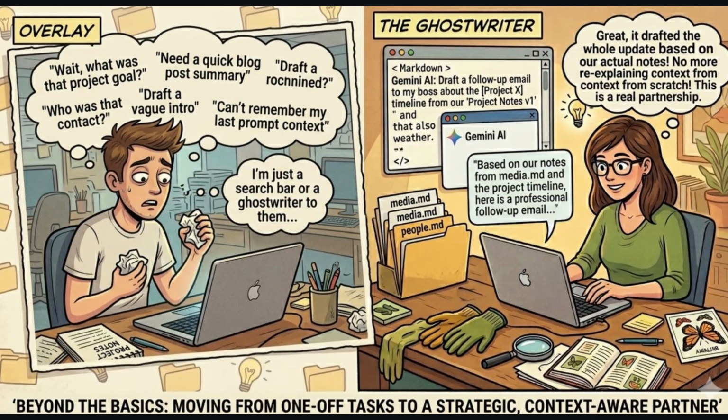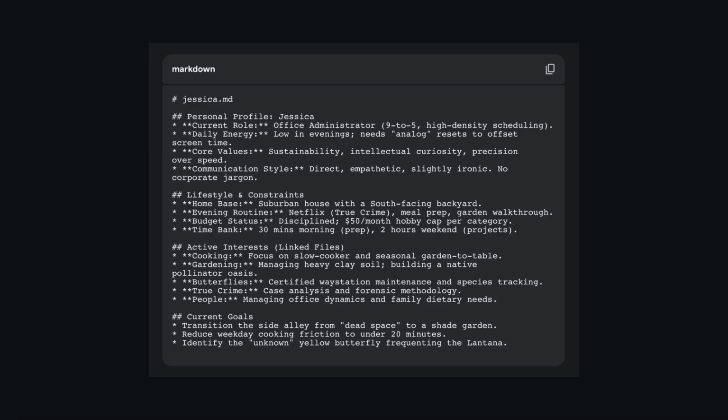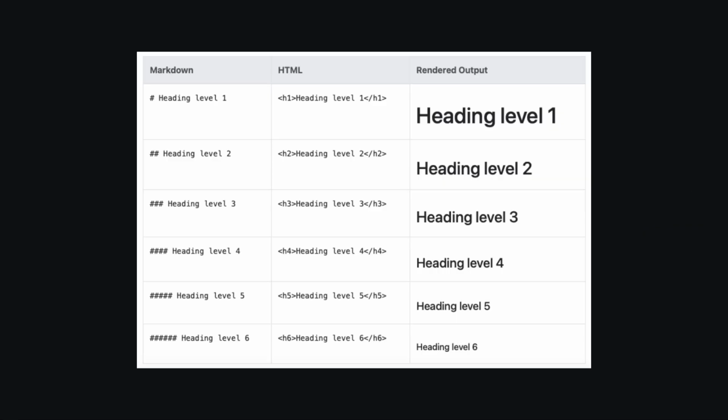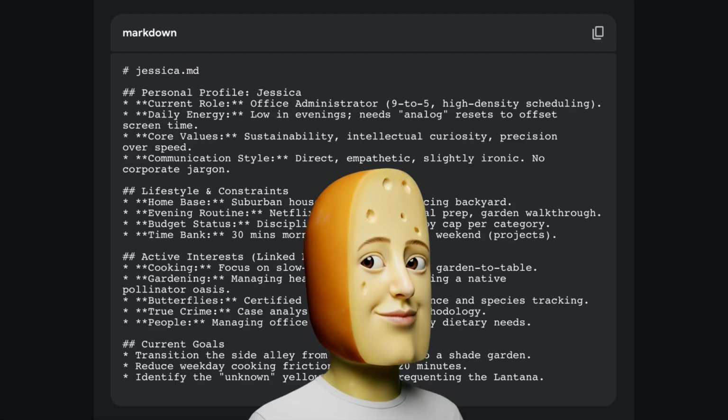Some of you might have heard of the MD file format. If you haven't, it's simple Markdown, like something between TXT and HTML format. It's very simple and easy to create an MD file. Just use hashtags in front of your subheadings and be as concise as you can. If you want me to elaborate on this topic in one of my next episodes, let me know.